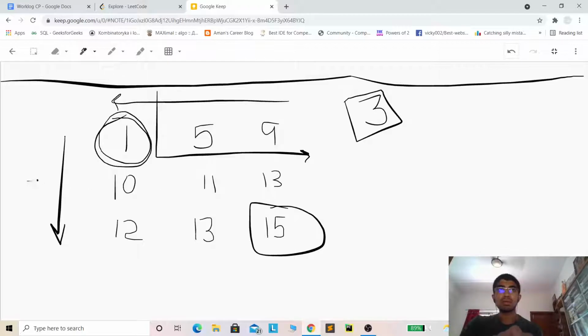So for the first row it's only 1. For the next row, instead of starting again from the extreme right position, since we know the columns are sorted in ascending order, if 5 and 9 are greater than 3, it obviously means something below them will also be greater than 3. That's the reason we don't start from the extreme right position. We start from the position where we left previously.